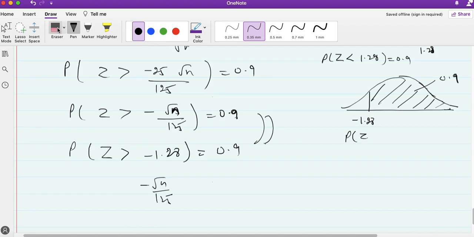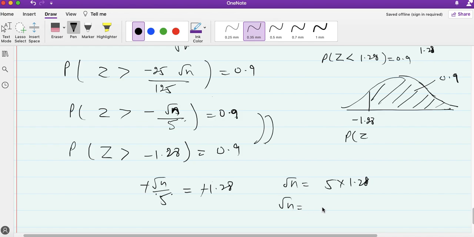Sorry, I think I made a mistake here. When we simplify, this is 5. So we are getting minus root n by 5 is equal to minus 1.28. So when I simplify, we are getting root of n is equal to 5 times 1.28. That means root n is equal to